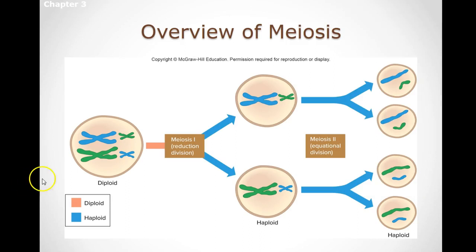So here's a nice overview of the process. We're going to start with a diploid cell. It means it has two copies of each chromosome. Meiosis 1 is going to reduce that, so we only have one copy of each chromosome. So at this point, we'll be a haploid cell. And then we take apart these sister chromatids, because remember, sister chromatids are just replicated genetic information, and we're going to separate those out. So another key difference here is that in meiosis, we end up with 4 daughter cells rather than 2 daughter cells.